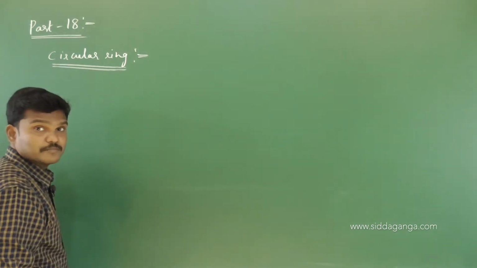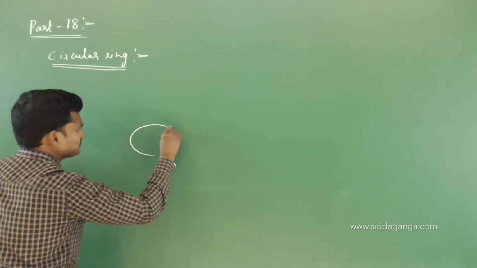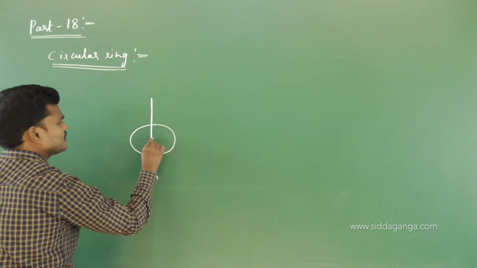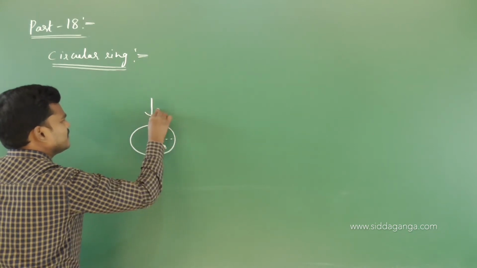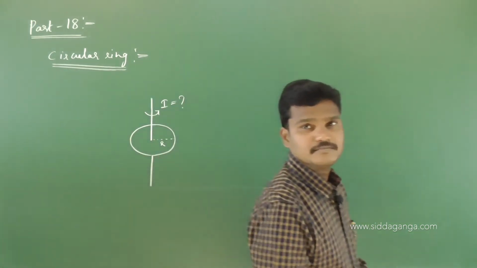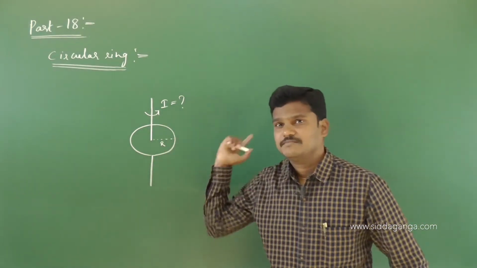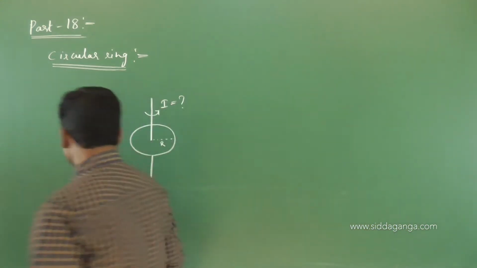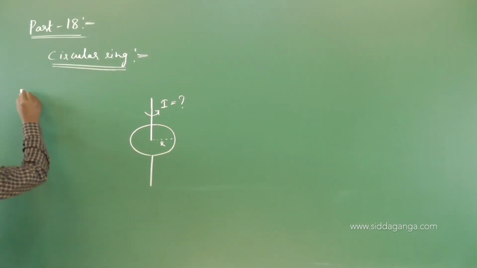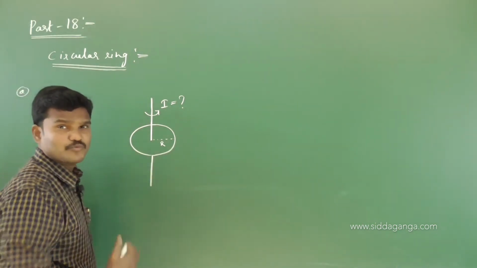On the board the diagrams are planar diagrams, you know well. So let me draw like this. This is the ring, and this is the axis. Its radius is r, and about this axis we need to find the moment of inertia. The mass of the ring is m, r is the radius, and the ring is rotating like this. We need the moment of inertia of a circular ring with axis passing through the center perpendicular to the plane. Let me write some formula number A here. For every body I am writing 2 to 3 or 4 formulas.